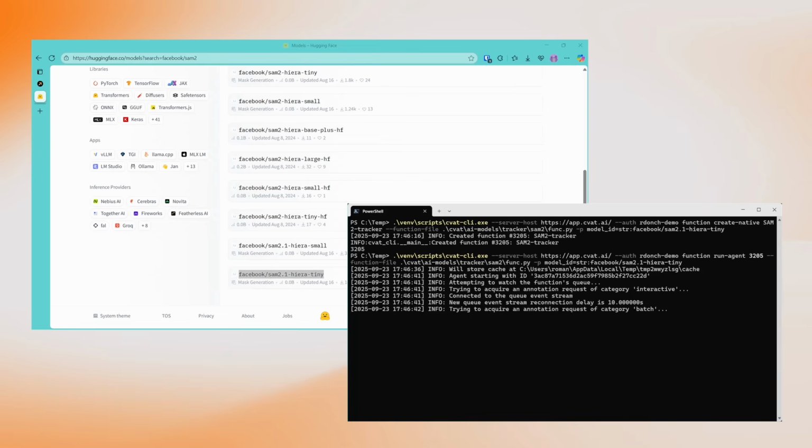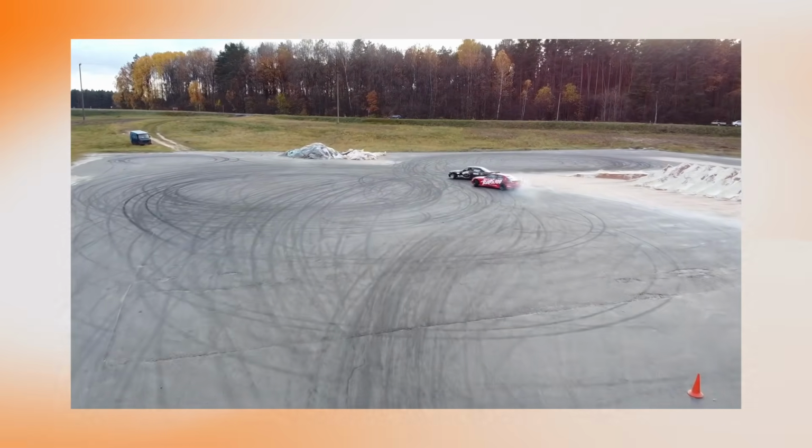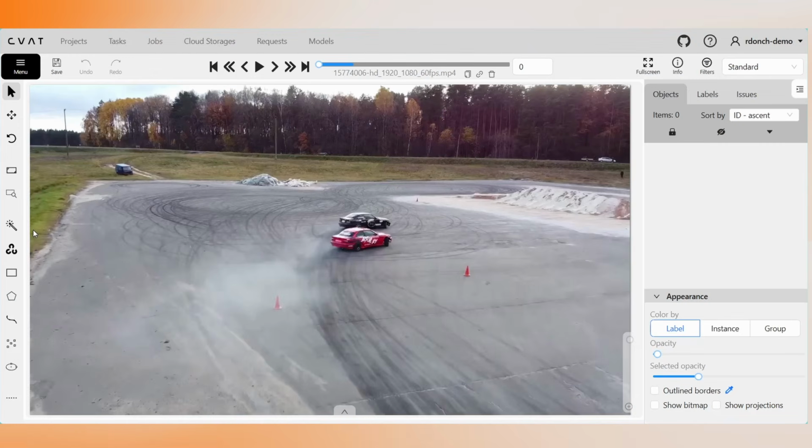Now that the agent is running, we can use it to track objects. We will use this video of 2 cars as an example. First, we'll need to create the shapes we'll be tracking. We could use any method to do this, but in this case, we'll use another model, SAM2 for images, to